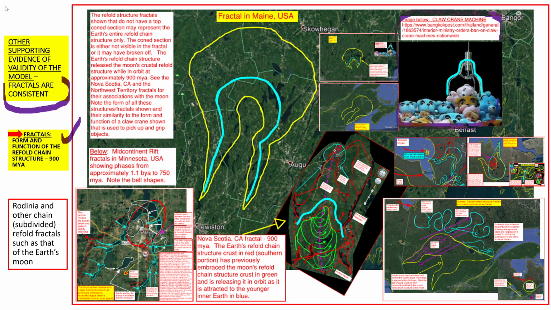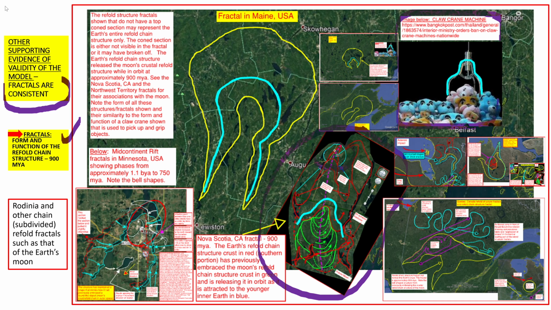in all these fractals. And that all originated from this fractal here, this insert that I'm circling, that shows early Rodinia in red, and what became the Earth's moon below it. Both are chain refold structures, and the stabilized structure was formed when the arms were down of the red structure, and the double chain structure was in orbit around the inner Earth, which is shown in blue at the top that I'm now circling. So once the arms were released, early Rodinia made its journey to the inner Earth, and these